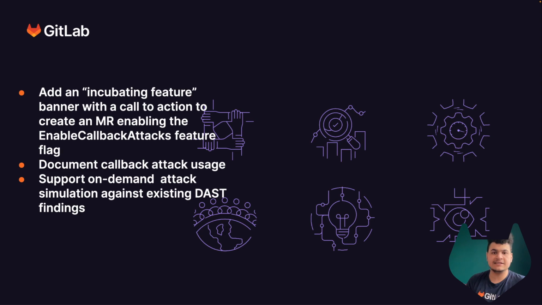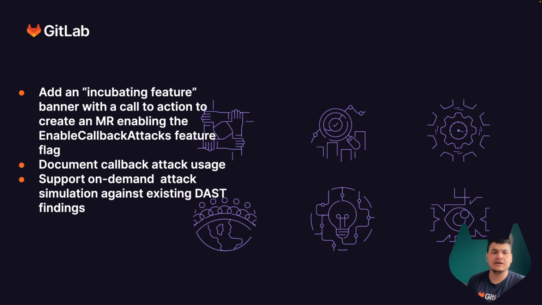So adding that in as an ability where you're able to either take a service container or a test endpoint, which we can prove that you have ownership of, and being able to simulate an attack against that based on different vulnerability findings we had from your pipeline for different CVEs or CWEs that we detected, based on whether it was found in dependency scanning potentially, or whether it was found as part of your DAST scan in the case of just the common web enumerations that we can have